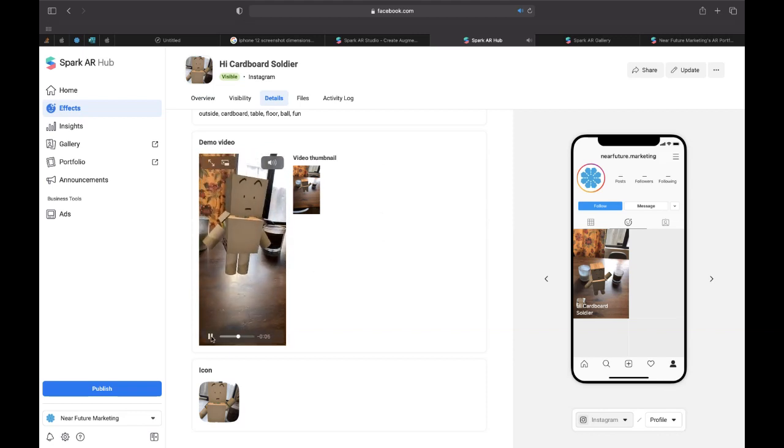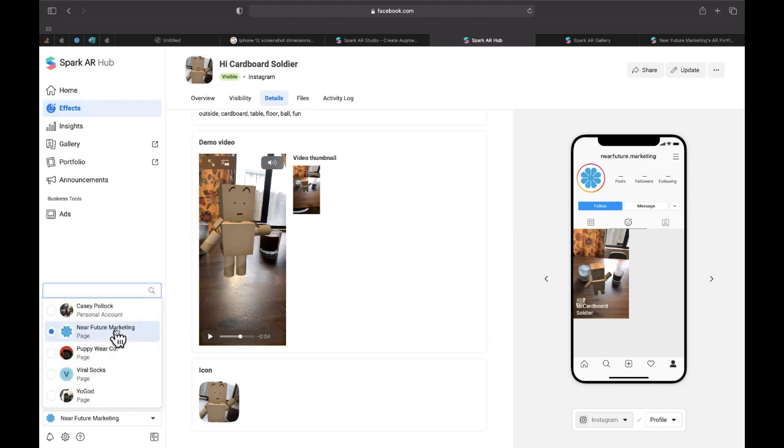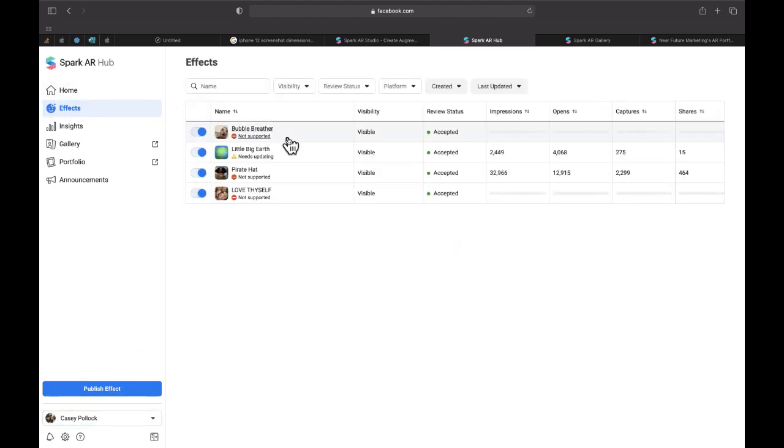That way, Facebook knows exactly what you're trying to put on their platform. So these are the requirements. But once you do these things, you are good to go and you can really pick up some traction. Obviously, I'm not too popular on this particular filter. Here we go. I can switch accounts right here. If we go to effects now, you'll see, oh, look at that. Some things I need to update, but you can see this one here got 32,000 impressions and 12,000 opens and 2,000 captures. So this was obviously a lot more popular. And again, I have all of those insights so I could find out who's really interested in pirate hats, like who's taking 2,000 pictures wearing a pirate hat. So this is all really cool, all really easy to do.